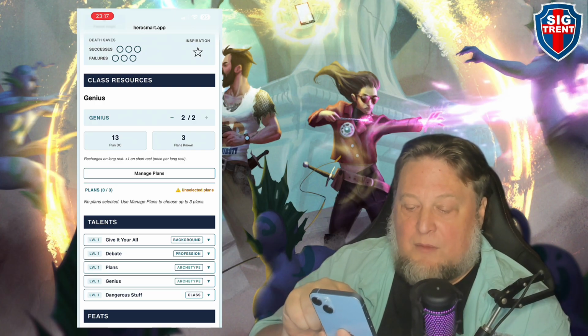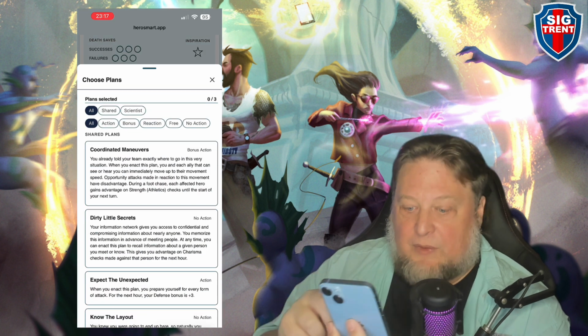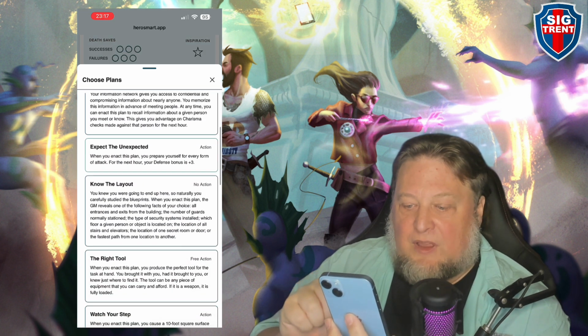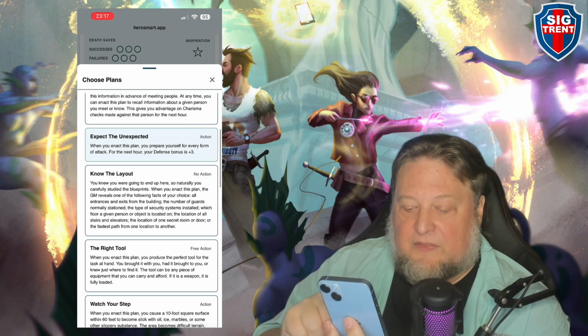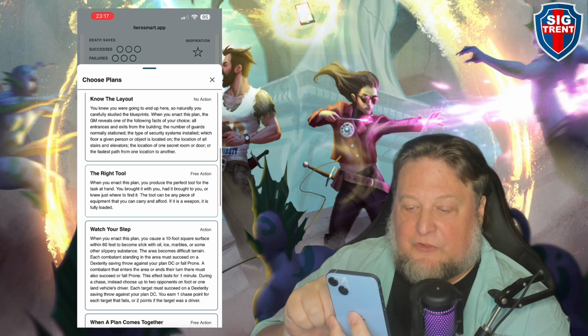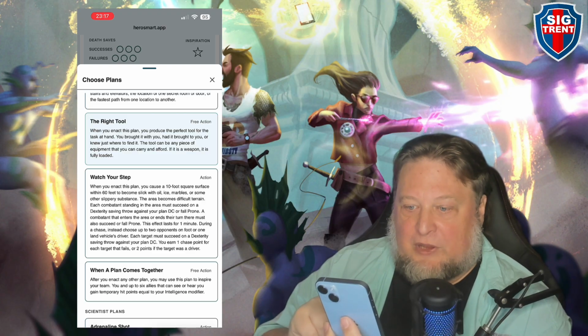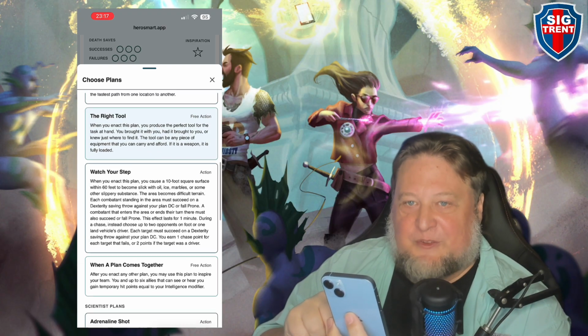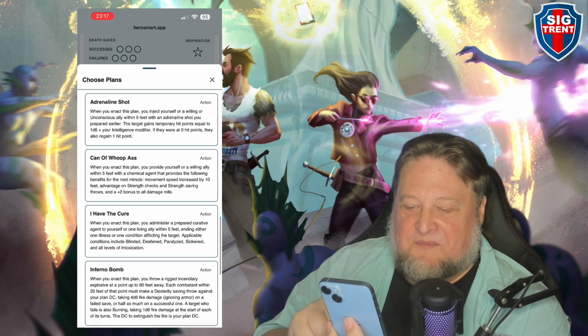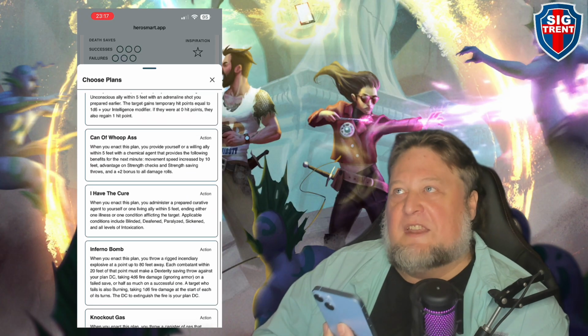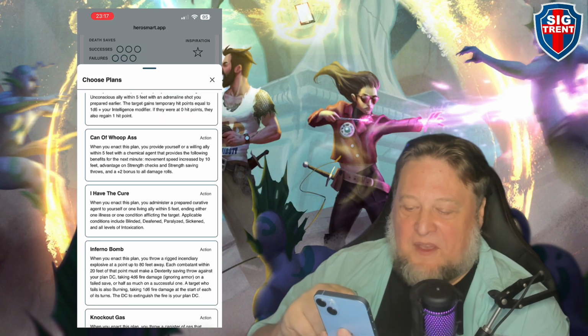We can push manage plans in order to select the plans that we have. I think for him, we're going to go expect the unexpected. That's just always a very useful plan. It's kind of like the shield spell. The right tool is pretty good if you're a scientist stranded in space, to be able to find the things you need to make the stuff that you're going to do. With all the things that he needs, he's never going to be able to just totally rely on that plan, but